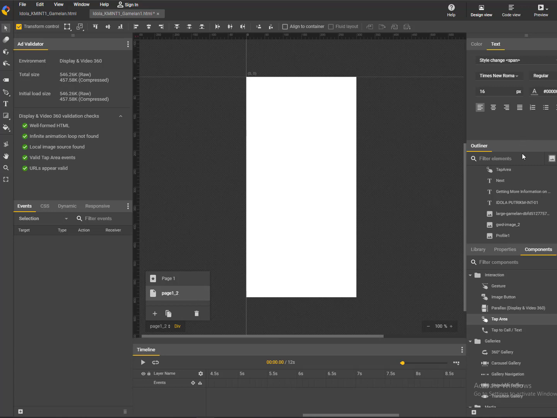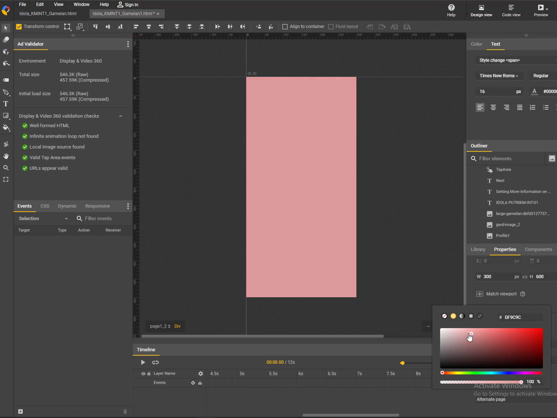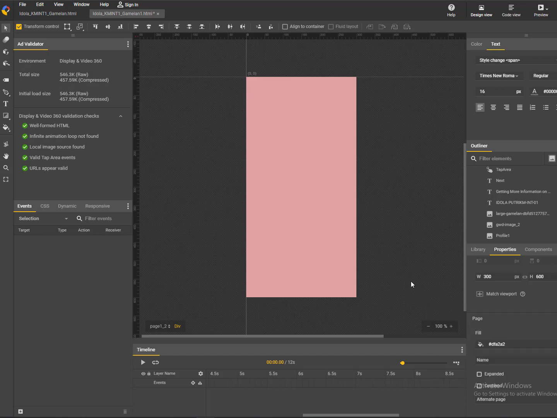So we're going to change our background color. I guess we are going to put the same background color as the previous page, page 1. After you put the background color, for this next page I will put some description about Museum Sri Baduga. So it's up to you.